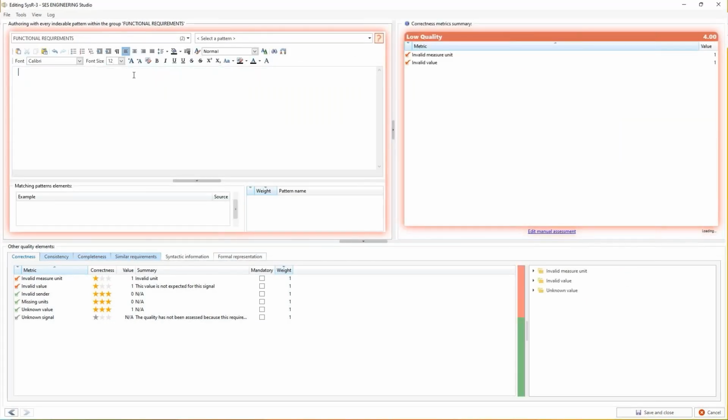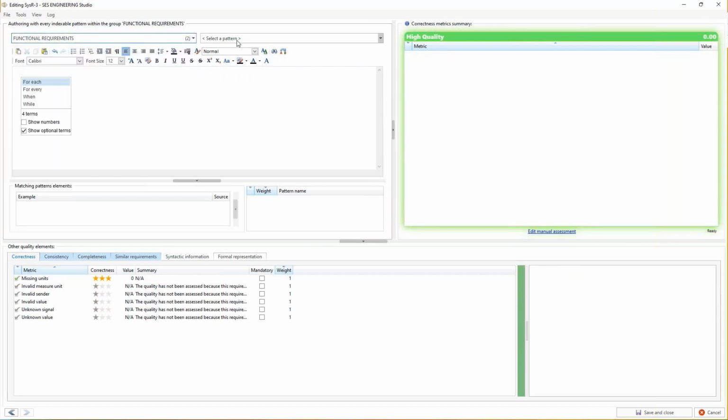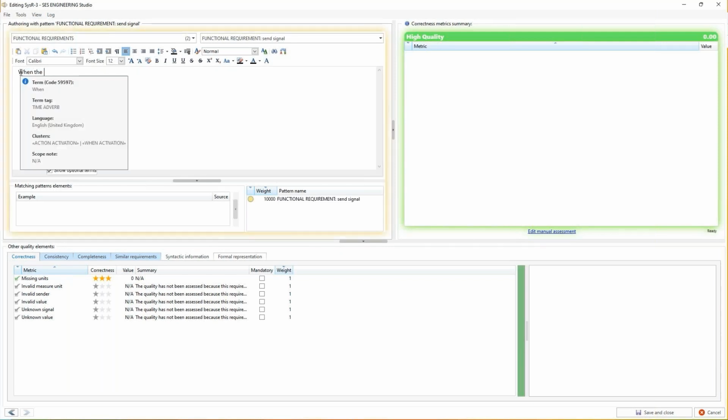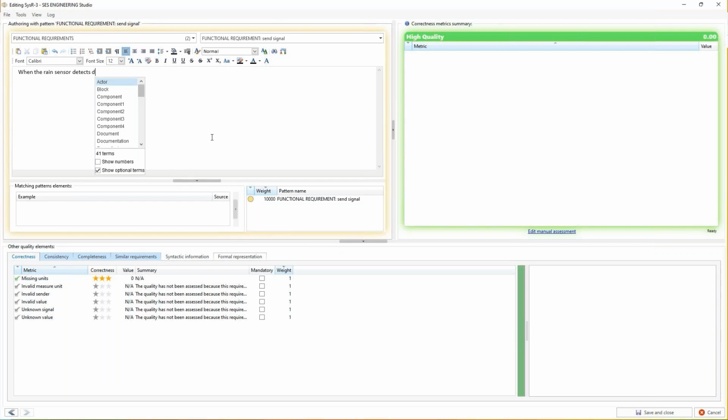So I empty the requirement, I pick my pattern, and now I will choose a functional requirement where the condition includes a signal, but the action is also to send another signal. So I start typing, and as is normal with our authoring tool, you see all the names of the components and all the names of the signals that appear from the dictionary. So when the rain sensor detects drops of rain, comma, and now the action,